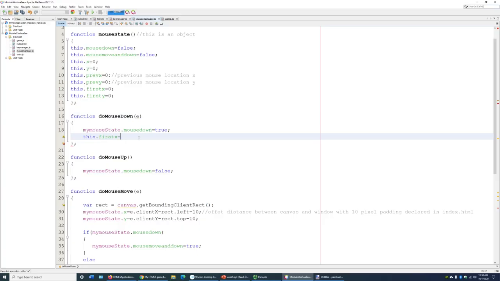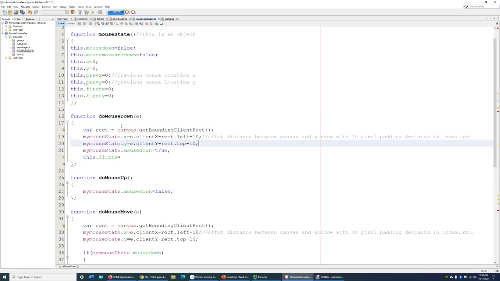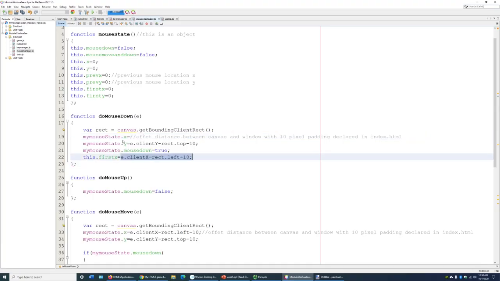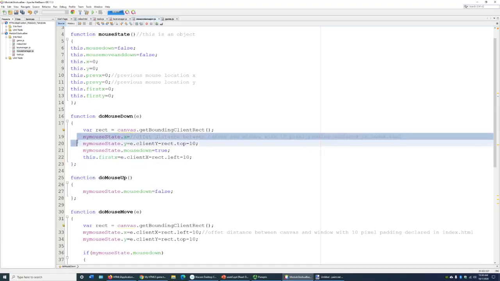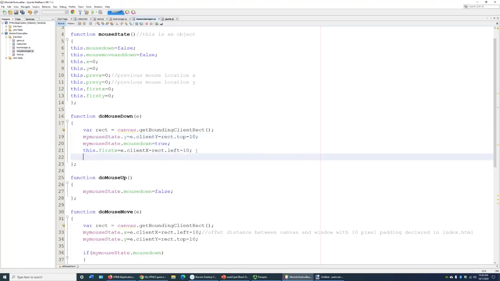And then we're going to get the initial coordinate of the x position, and that's going to be this value. And then we're going to get the initial coordinate of the y position. This dot first y equals